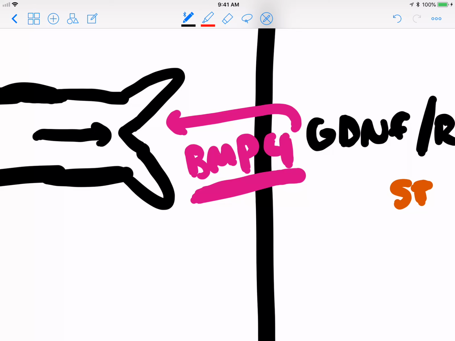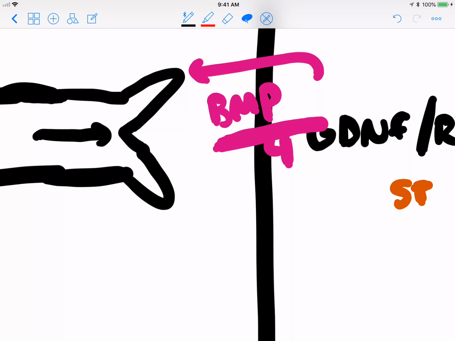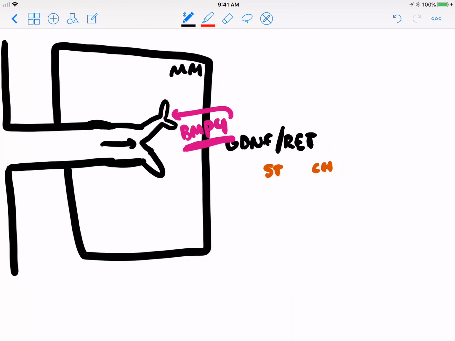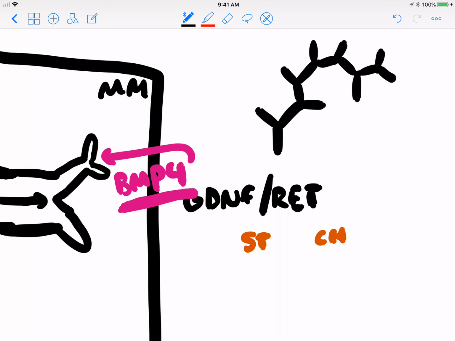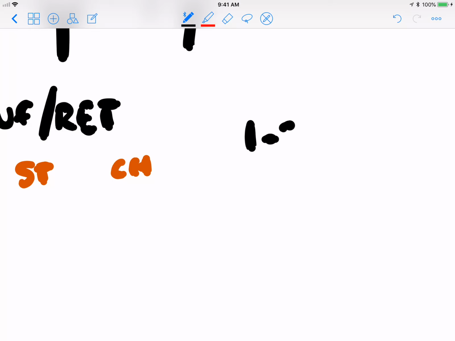And then this will come back over here. I lost my 4. And it'll bump this one, so it puts a little indent in there. And then GDNF and RET will cause that. So you can see after this continuous interplay happens, you get this fractal pattern. And this happens continuously until you have 1 to 3 million